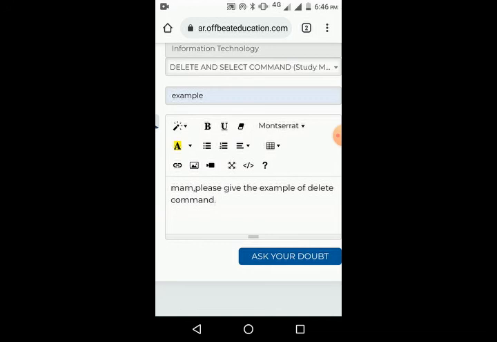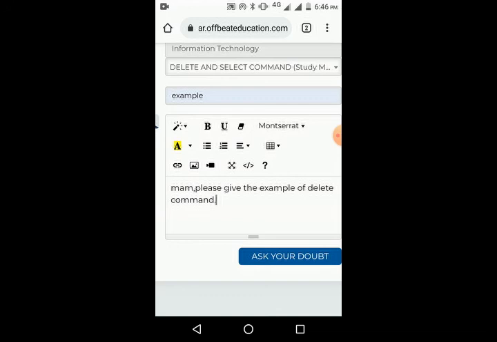That is strictly prohibited for students. You can upload a video link along with your doubt, you can attach a picture, you can style the text, but do not attach any kind of video file with your doubt.